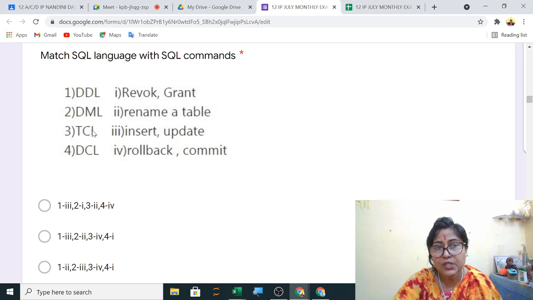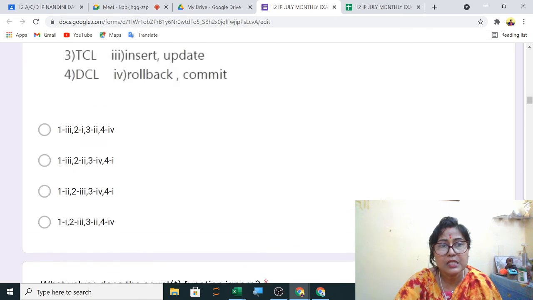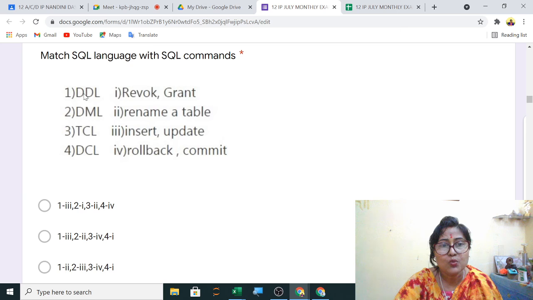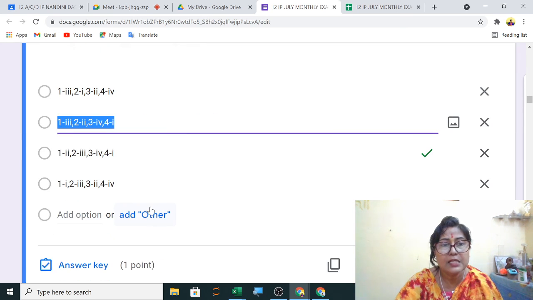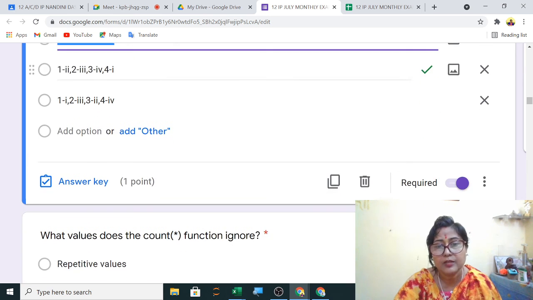TCL is a transaction, that is commit and rollback, 3 with 4, and DCL is grant and revoke. So 4 with 1. Clear? So you will select from here, that is 1 with 2. So this C is the correct answer. Check it here. C, yes, correct.